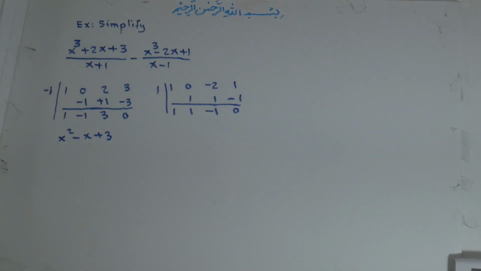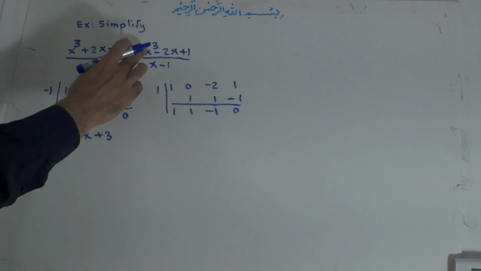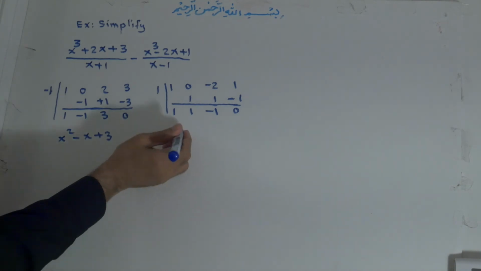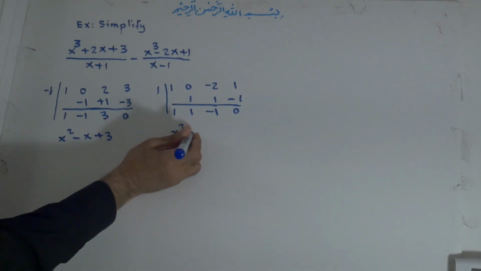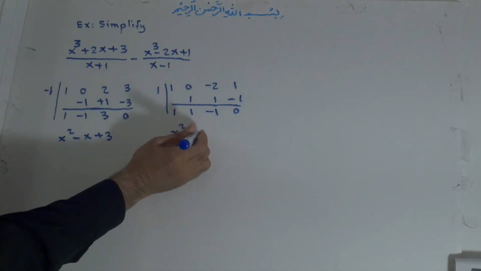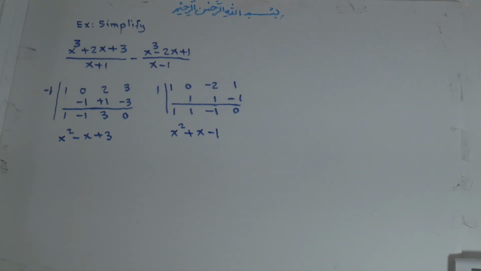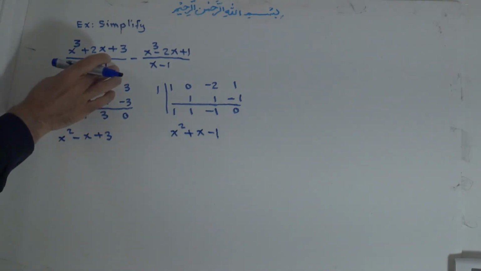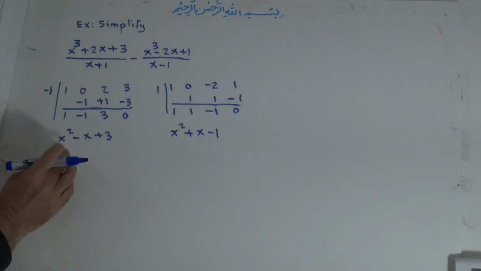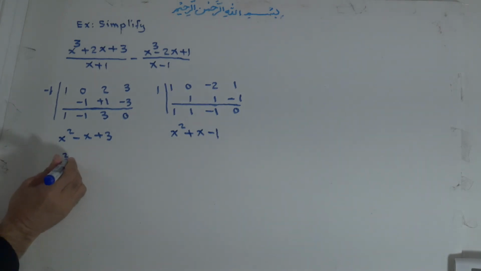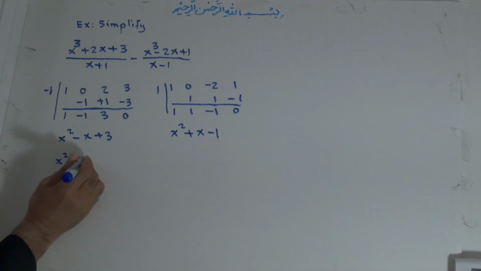And for the second one, again 3 minus 1 is 2. It means 1 times x to the power of 2 plus 1 times x, minus 1, which is x squared plus x minus 1. Now this is the result of this one, and this is the result of that one. So this is this one minus this one. Here there is a negative sign. So we write x to the power of 2 minus x plus 3